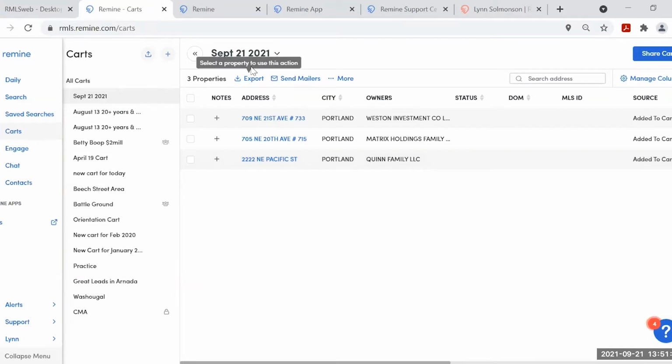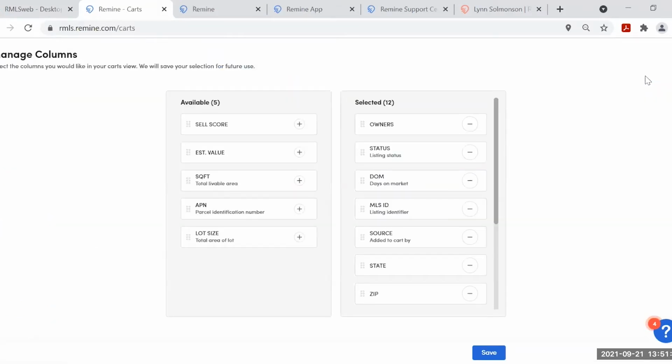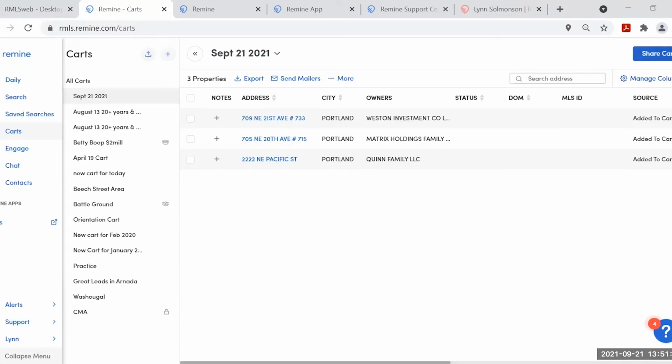It automatically has taken me to the cart I just created. And here are the 3 properties. Okay, and you do have the option to manage columns. So if there are other pieces of information you'd prefer to see, you have a little bit of flexibility moving those columns around if you'd like to see other fields.